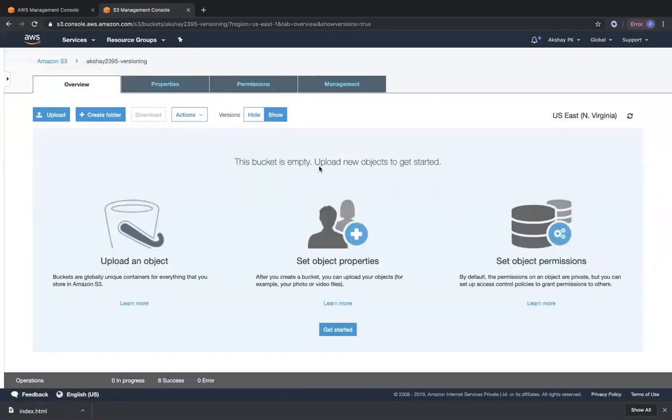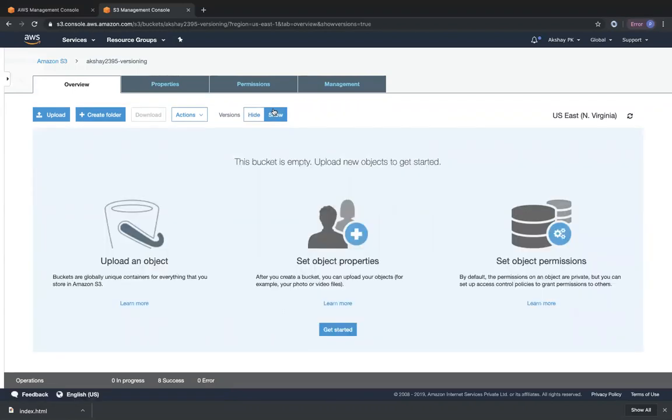So now under show versions, you will have 0 objects. Under hide versions, you will also have 0 objects, because AWS internally thinks that when a person deletes an object with hide versions enabled, they have done it by mistake, so it places a delete marker on that object. But when you do it with show versions enabled, you are actually deleting the versions of the object. That is the difference between hide and show versions. With hide versions, it ultimately places a delete marker, but with show versions, you delete the object.